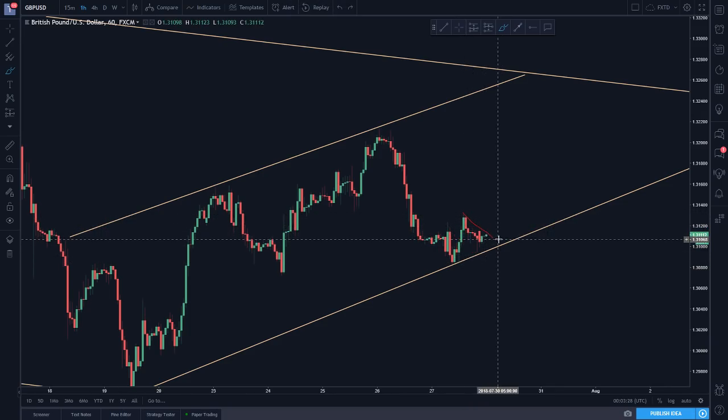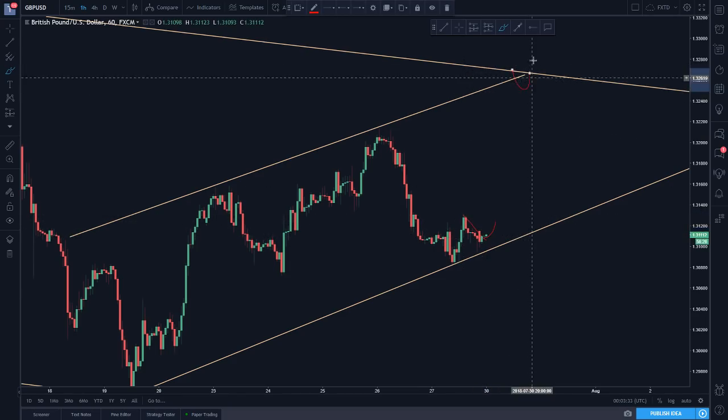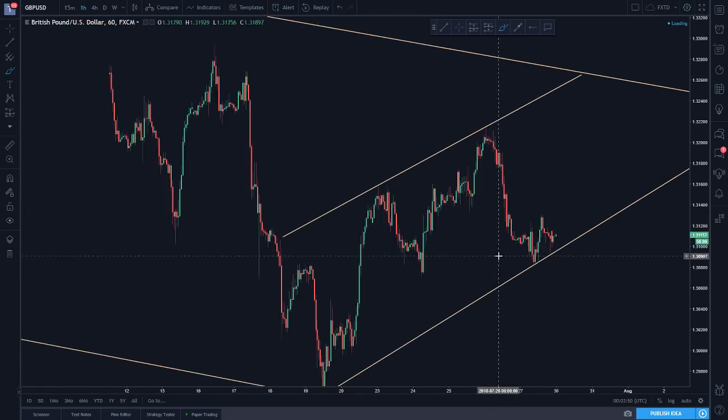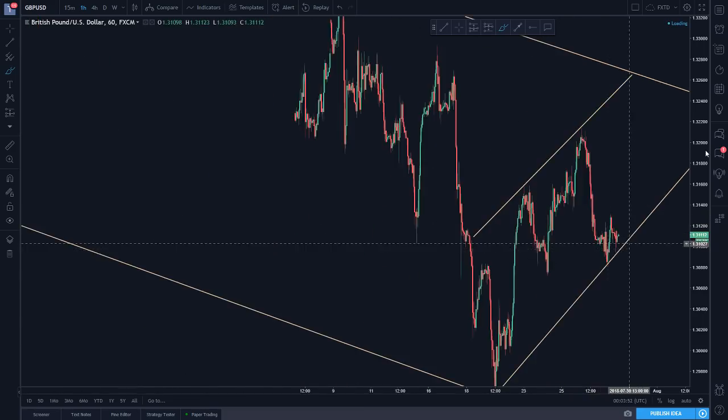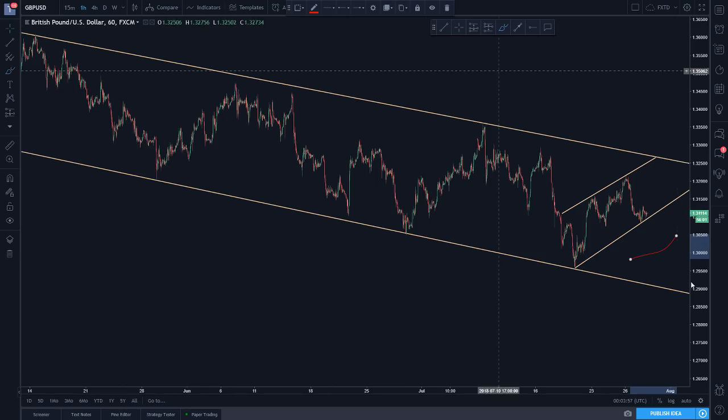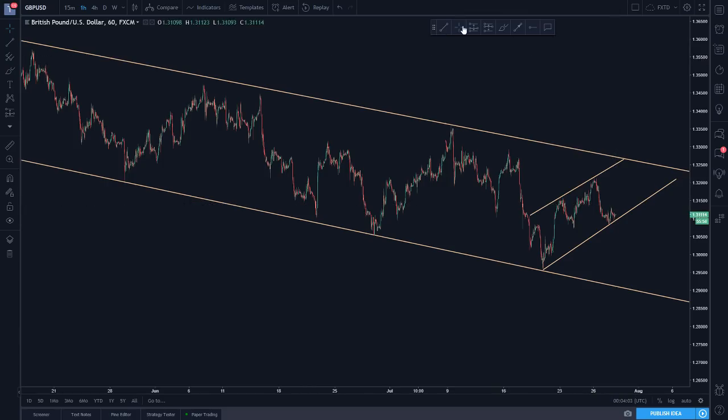And so it is possible at this stage to see this break to the upside, come up to here. Maybe we get a rejection here to get that sell. So understanding that if this comes back up and rejects here, obviously that's going to give you more of that flag right on the trend line. It's going to give you that sell. But understanding that right now, it's very much a descent, and it's kind of looking like we're going to get that buy. But we have to watch and see what it does once it gets to the high here